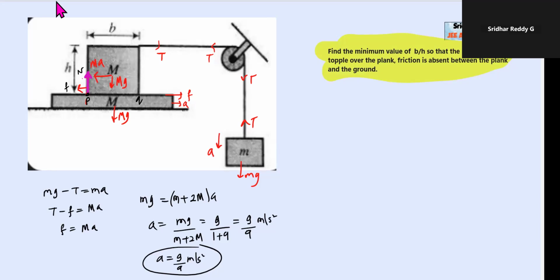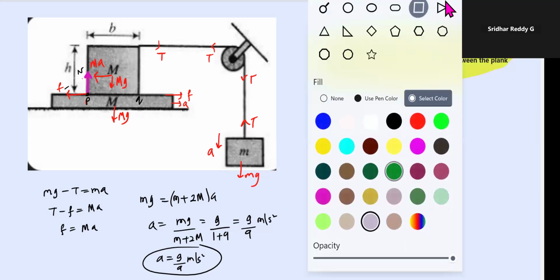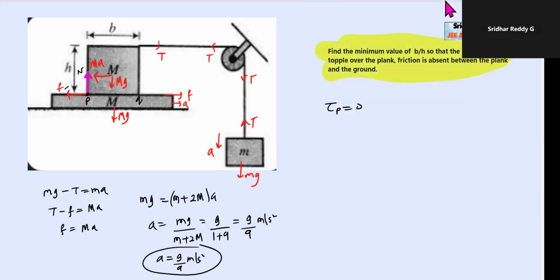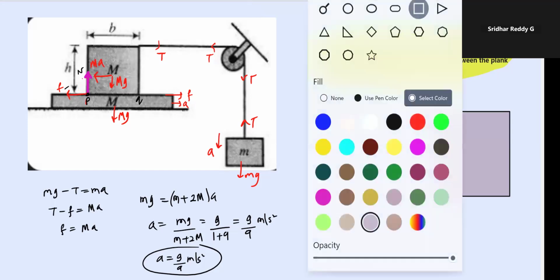Then we'll apply the net torque about point P. Torque due to the friction will be 0. I'll show it. The diagram looks a bit complicated, so for the block, I'll draw it separately. The block itself I draw separately. The forces acting on it will be